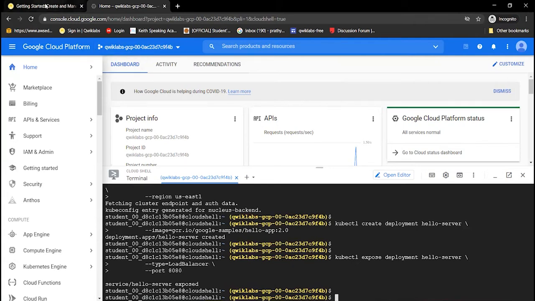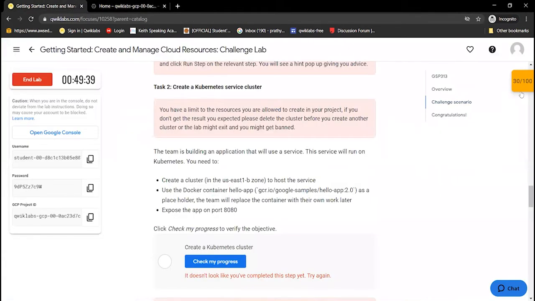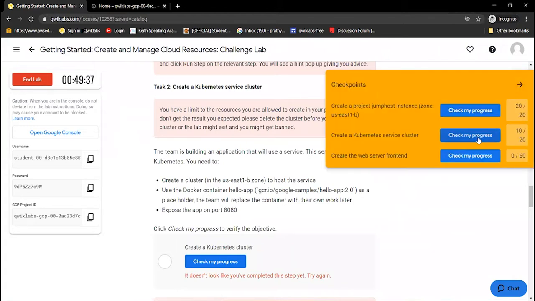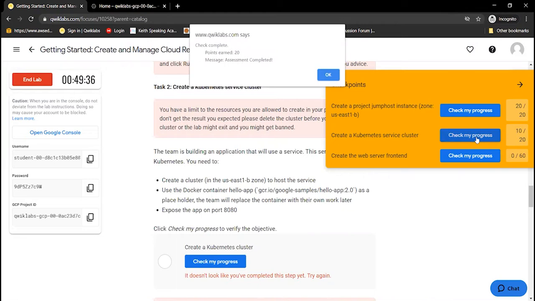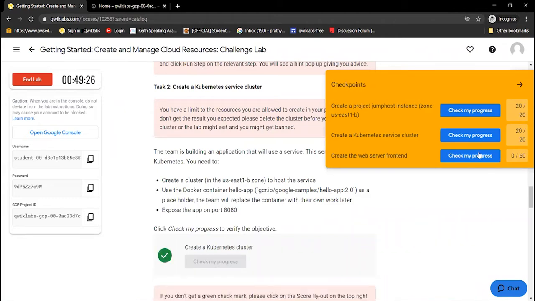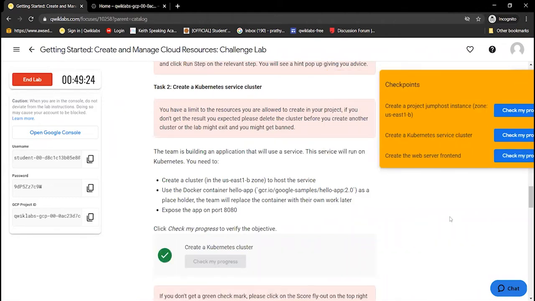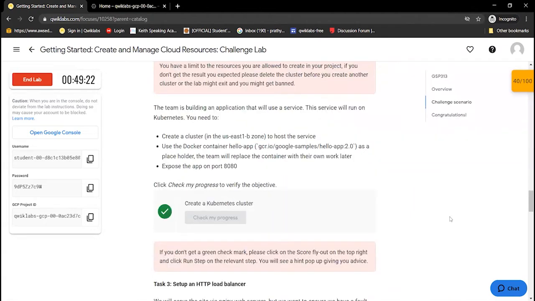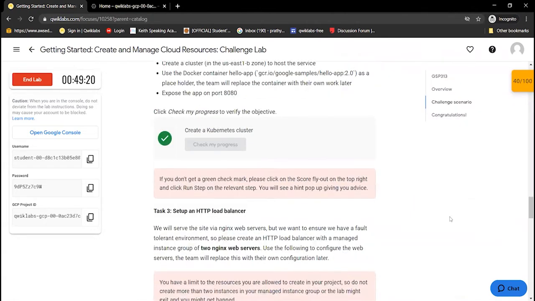And everything has been completed, and we'll just check here once. And yeah, it was telling that the task has been completed. So once we check here, we can see a green tick mark. And now task 3 is